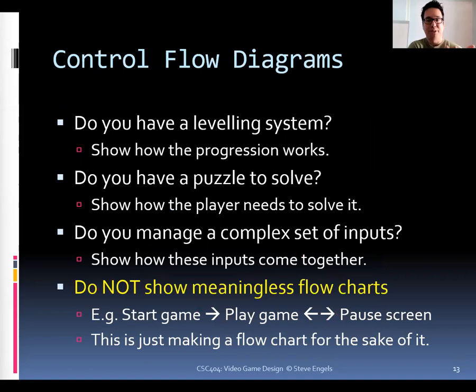Control flow diagrams. This just helps to articulate some things that are better shown than described. So what is the general level progression going to be, right? You can show what the levels are, but also have something that shows once they start off, they're going to go to this level, and that'll teach them the skill. Once they master the skill, they go on to here, and once they get past this one, they get over here. Or if you've got a larger map, let's say a house where you've got some large monster that's chasing you while you collect things,